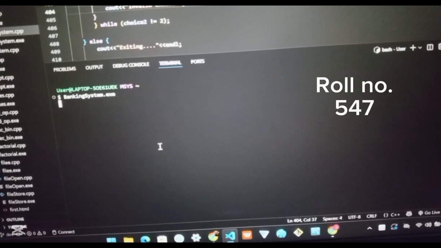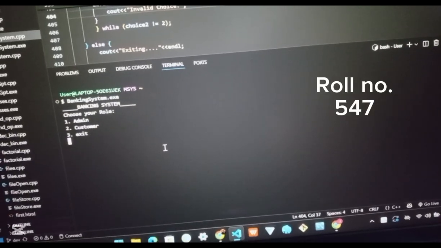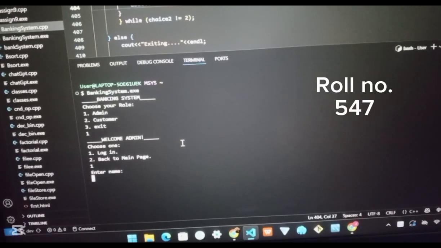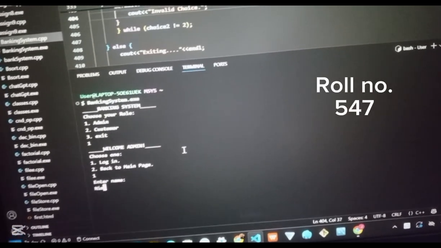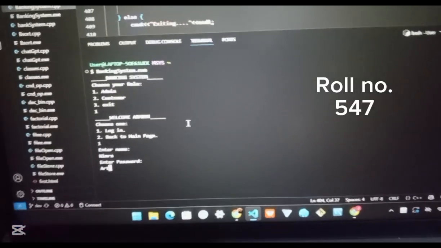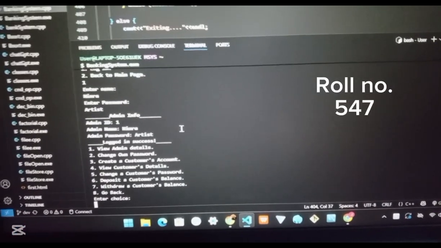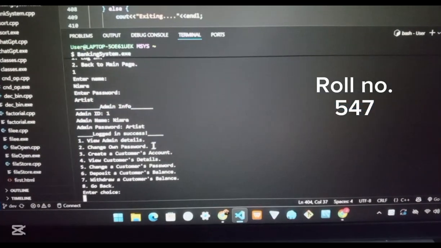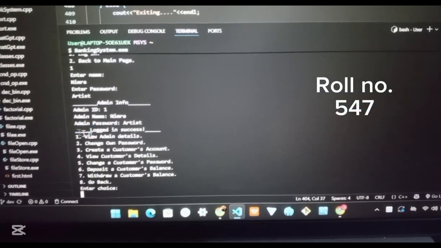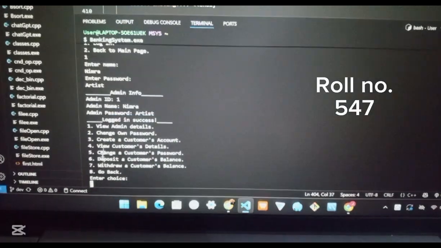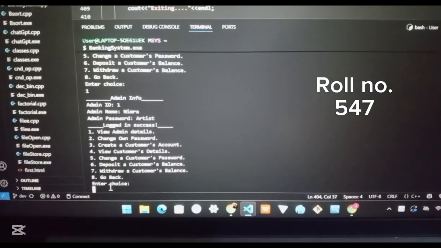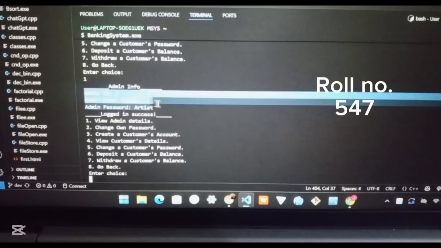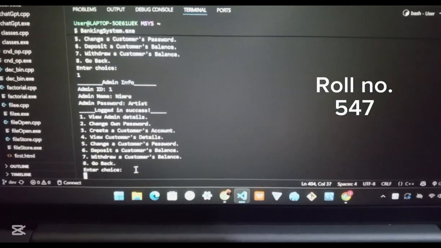Here is my banking system.exe file, and now I have my main page that says banking system with two roles, admin and customer. On entering the admin, I'm asked to log in by entering my name and password, and then after I enter everything, my ID was auto-incremented using the static variable. I have some number of functions here. Choosing one, I chose view admin details, and now I have been shown my details, my ID,